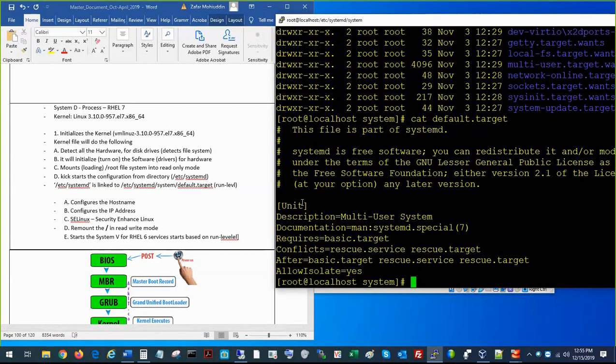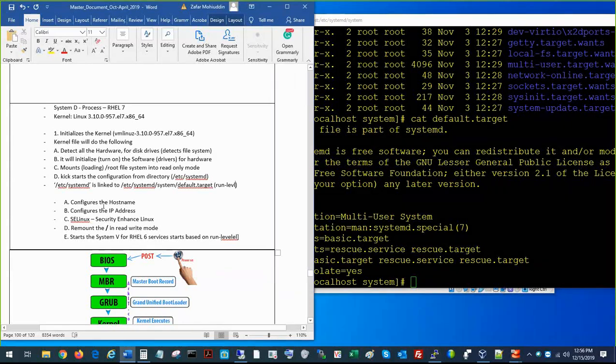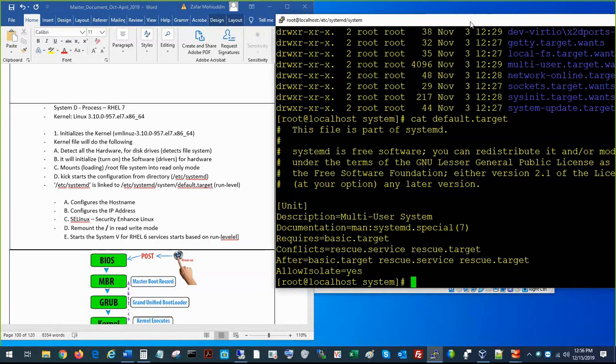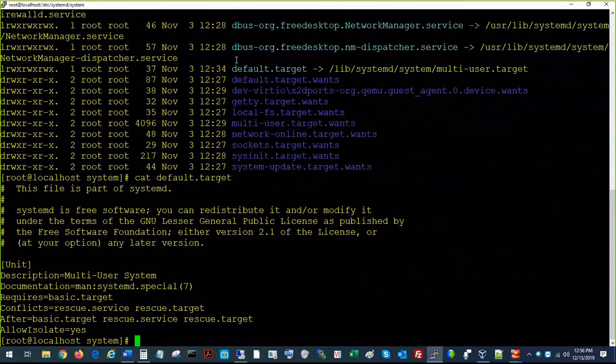Okay, so if you want to change the run level here, you know how we've been changing the run level. I will cover this again, maybe a month from now. How you change the run level in the Red Hat 7 operating system, and configure the host name. So the systemd targets are